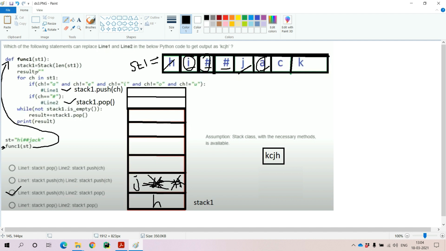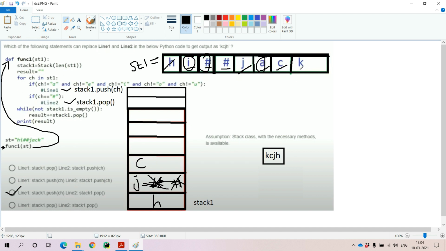Now coming to the next iteration, the next element is c, which does not belong to the AEIOU category. Due to that reason, we push that element into the stack. The next element available in the stack is c, which is not equivalent to the hash. Due to that reason, it will not enter the second if condition. Now the loop is repeated one more time.